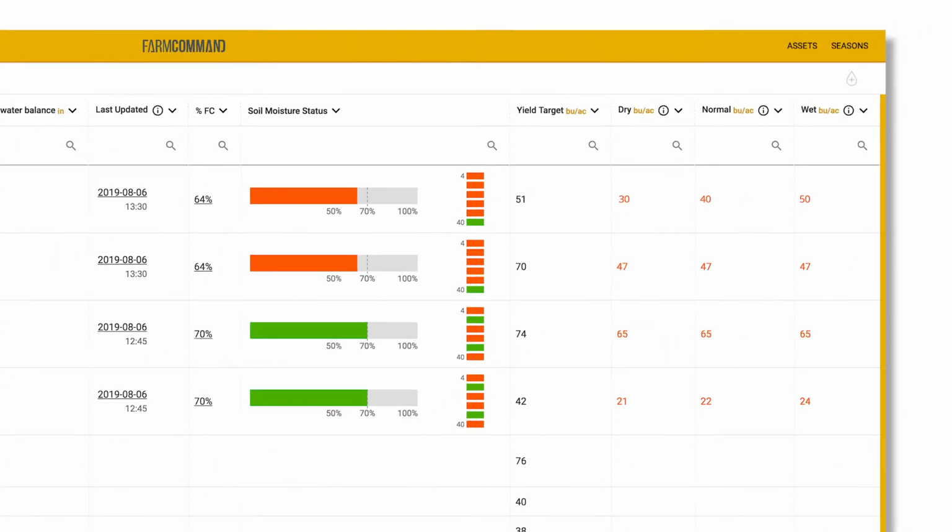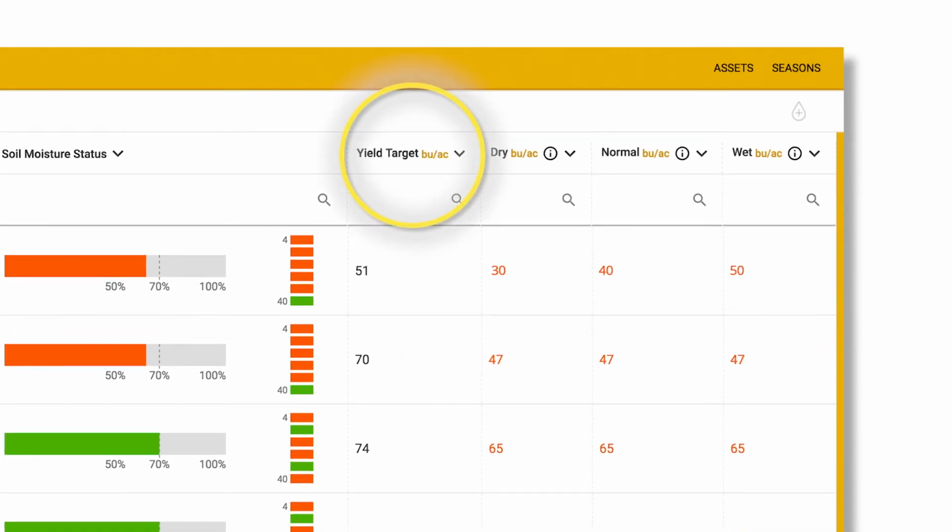On the right side of the page, you will see yield target, dry, normal, and wet. The yield target is the estimated yield you, as the grower, will have entered into Asset Manager at the start of the season. Dry is the predicted yield if rainfall until the end of the season is less than the